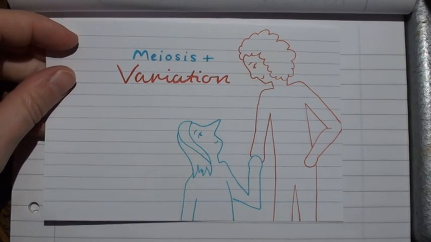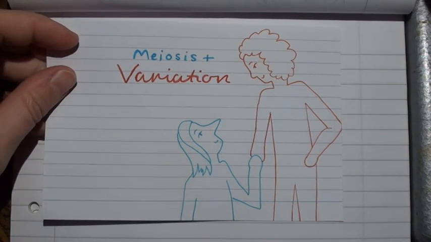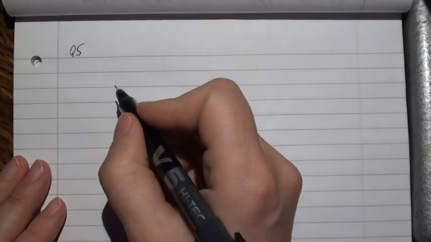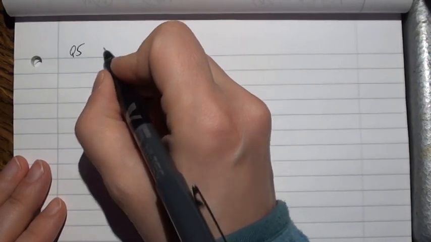Okay, so in today's video we are going to have a look at the topic of meiosis and variation. So there you go. Nice picture courtesy to my daughter, thank you very much. So specifically we are looking at question 5 of the assignment to cell division, and within this question you have